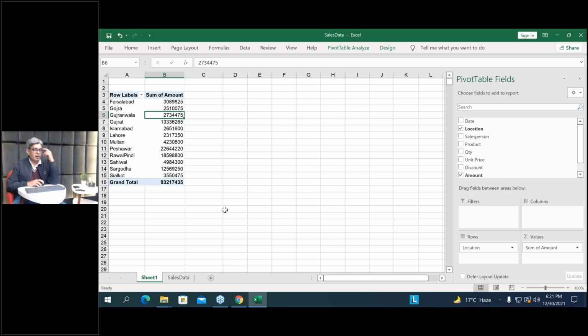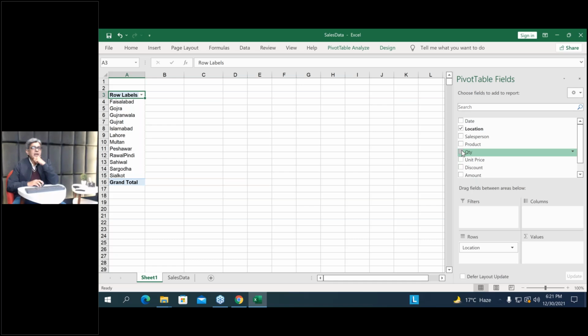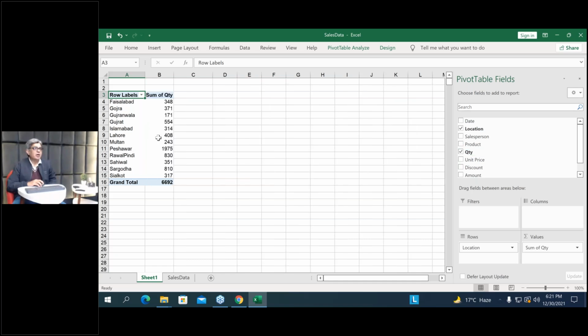There is another way of presenting your data. One way is the summary, the sum of the total, the count of the total, etc. But this data can be presented in another way. For example, let me uncheck this, go to the quantity, and now I have the sum of quantity, right? Now what I'm trying to do is I want to see that data in terms of percentages. For example,